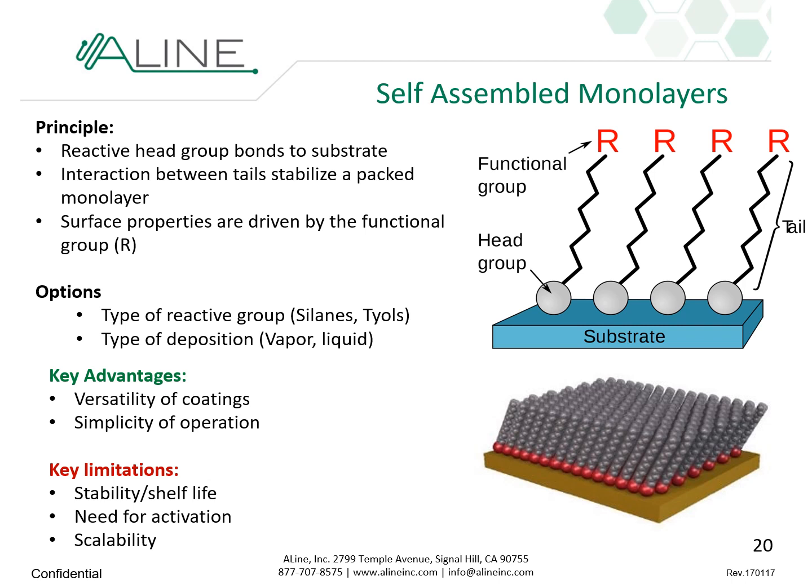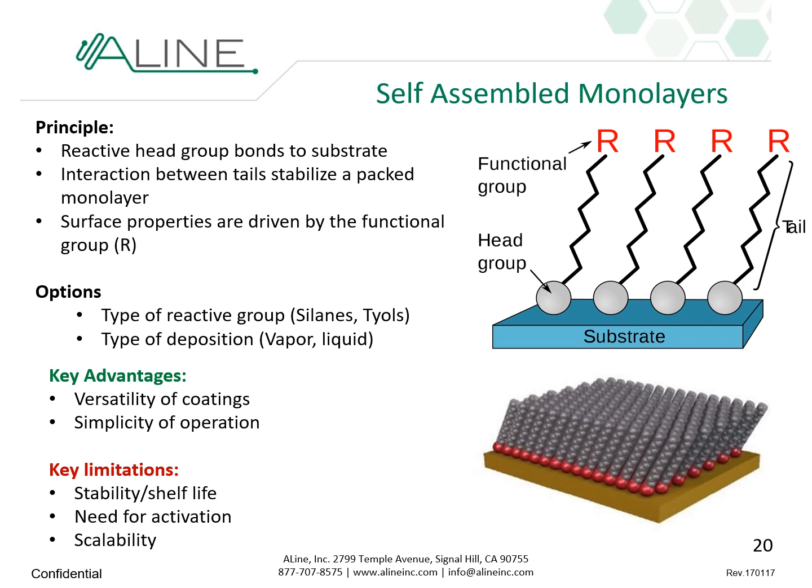One specific case of chemical deposition is the use of self-assembled monolayers, which are a powerful tool for controlling surface energy. The principle here is that you have a reactive head group that bonds to the surface. You have a long chain, typically an alkane chain, that basically allows for stabilization because the molecules interact with themselves with hydrophobic effect and create a packed monolayer. And then the surface properties are driven by the functional group, here shown in R, so that you can really tailor